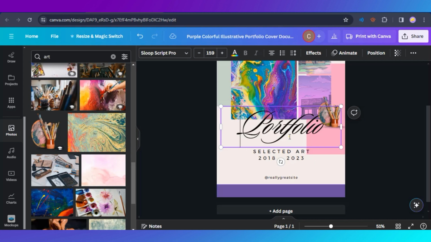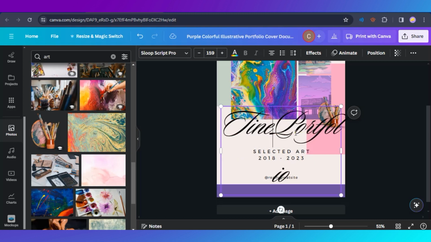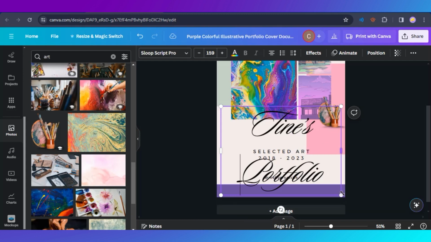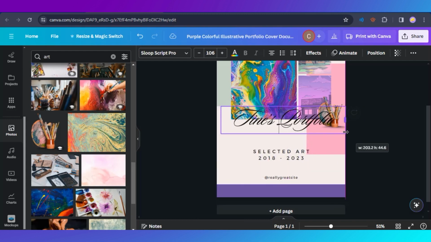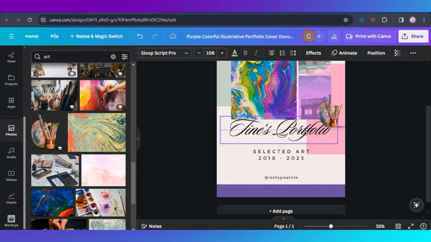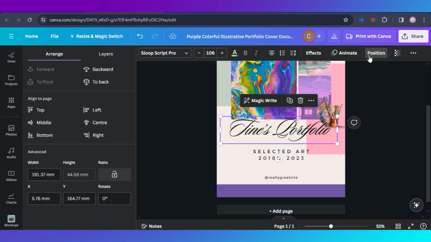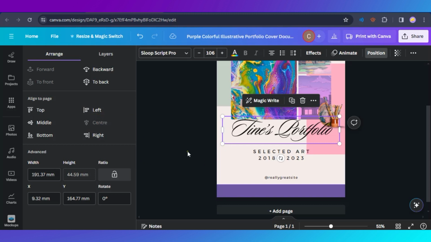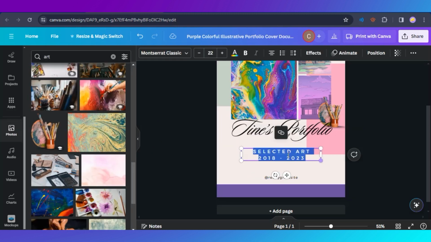Just simply double tap on them and change up the title. For example, if you want to add your name, so it's more personalized, you can resize it so that it fits better onto the portfolio. You can click on position right here and make sure that the text is centered as you desire, just like that,